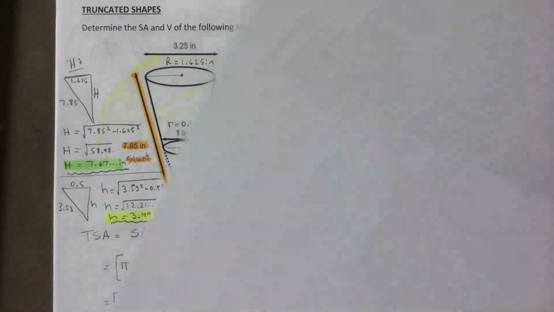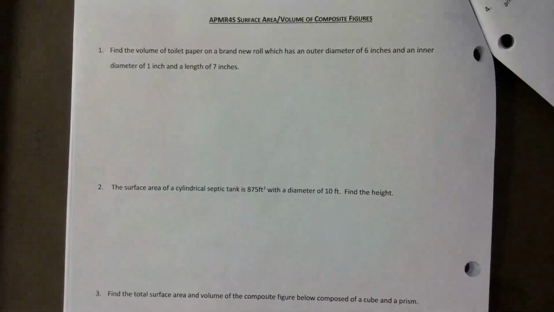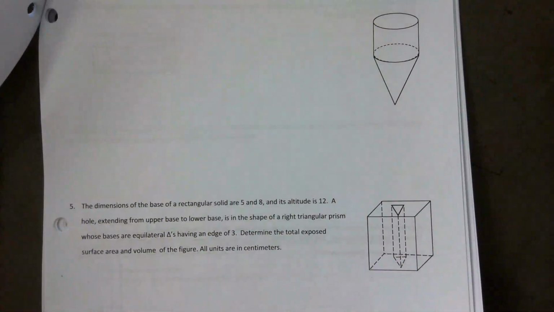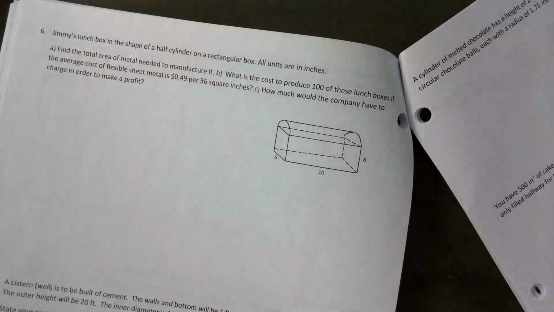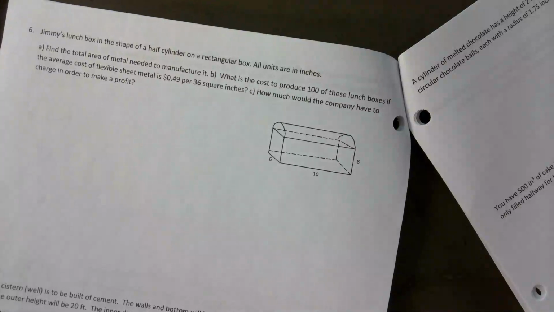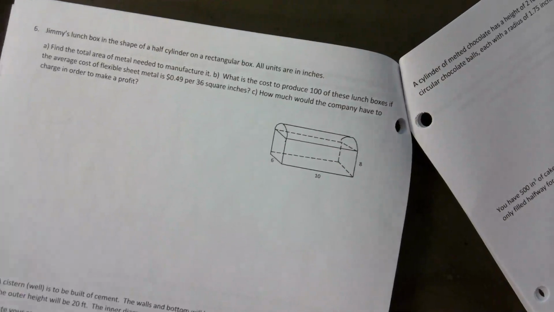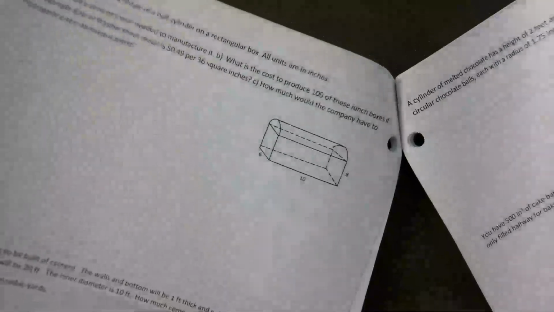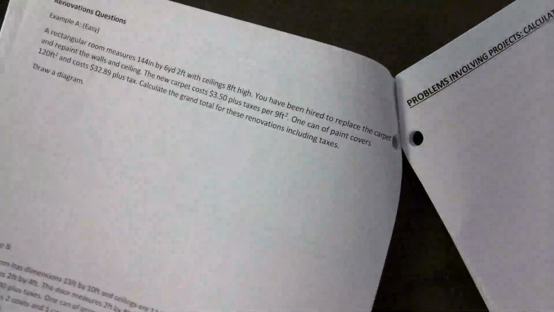Okay. There are a bunch of pages, like page 21 and on, lots of composite shapes with holes in them and whatnot. Know how to do backwards. Like if I give you the volume, how do you get the radius of a sphere? If I give you the volume of a cone, how do you get the radius there? Those kinds of things. And please do not forget,